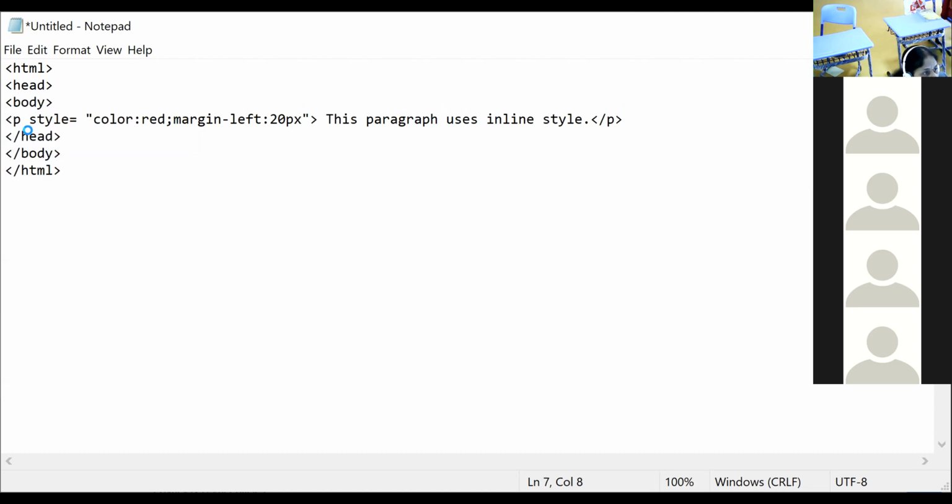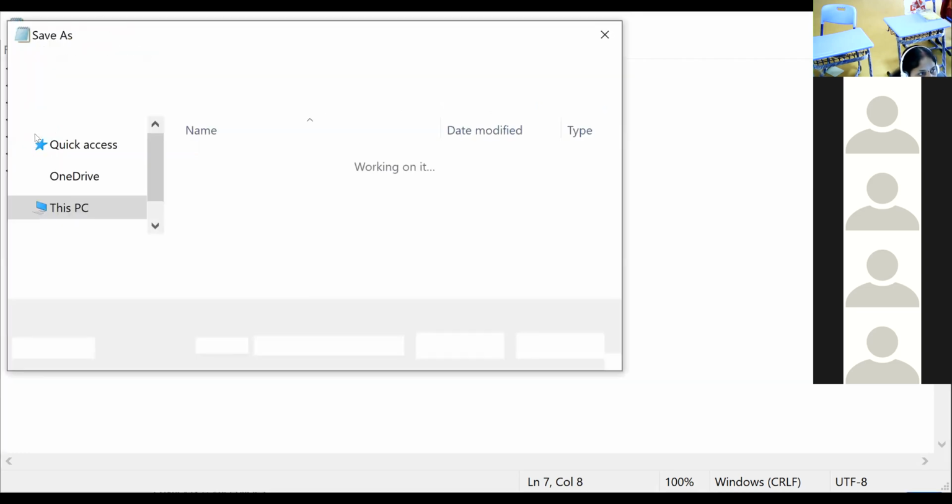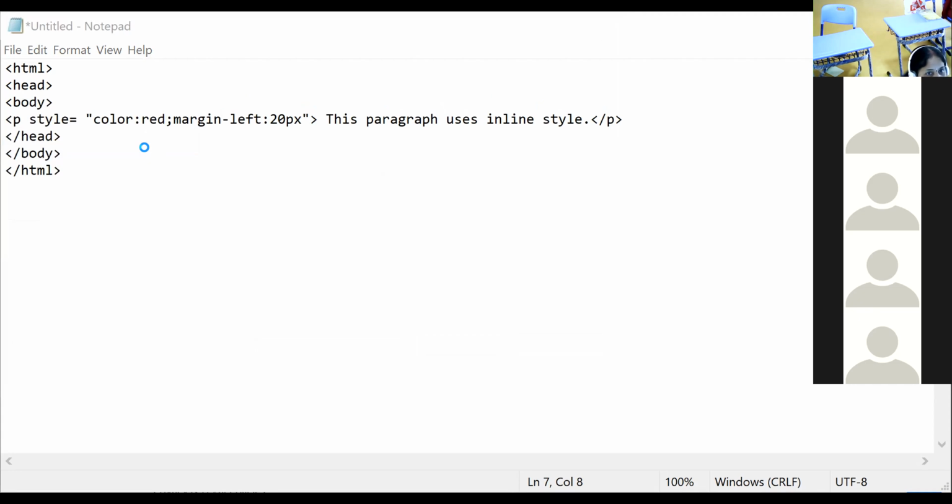Ma'am, 1 minute, ma'am. Wait. Okay, you can say it. Let me see the output, then you can copy. I took screenshot. Oh, not responding.